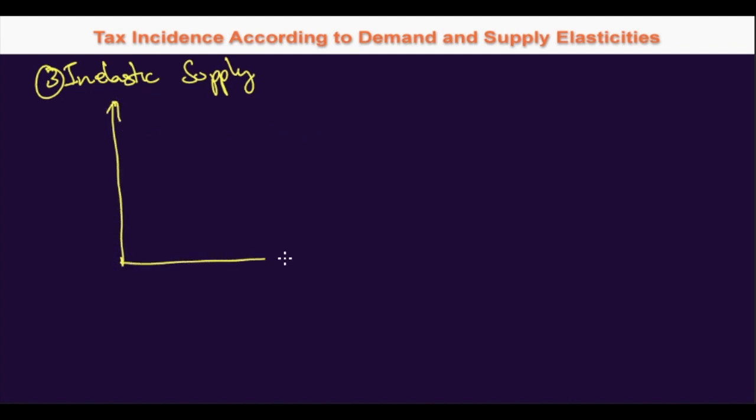In this video, we are going to look at tax incidence for inelastic supply and elastic supply. So firstly, let's look at inelastic supply. Inelastic supply means when there is a price drop, there would be a smaller percentage change in the quantity supplied, or a smaller drop in the quantity supplied. So inelastic supply looks like